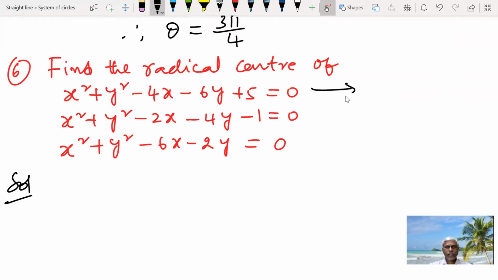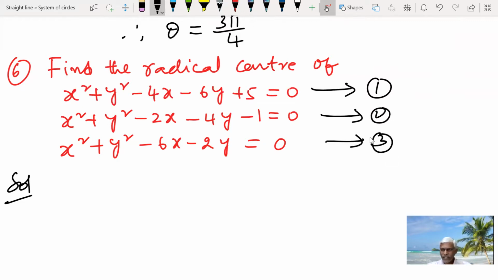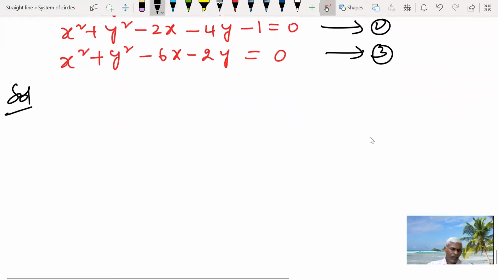So let the equations as 1, 2, 3. 3 circles are there. We have to find